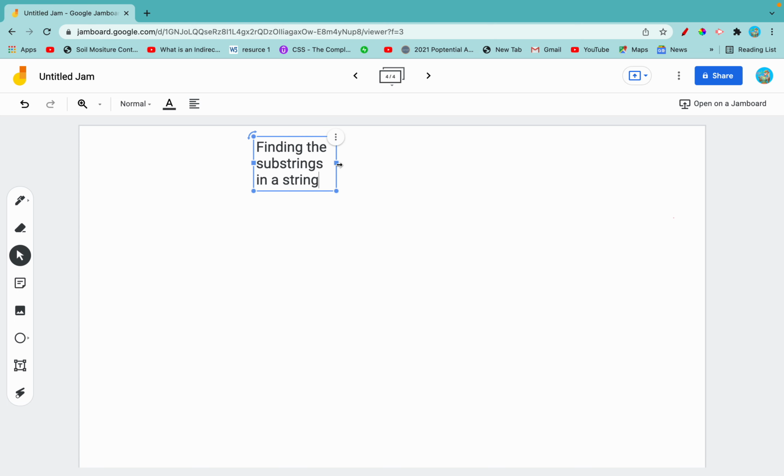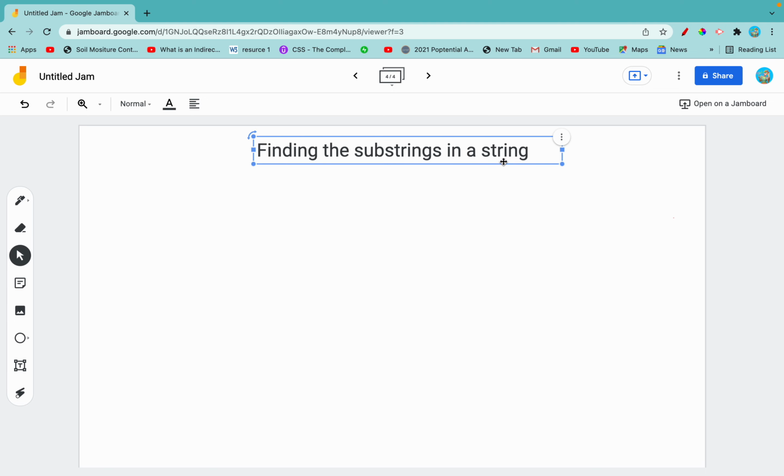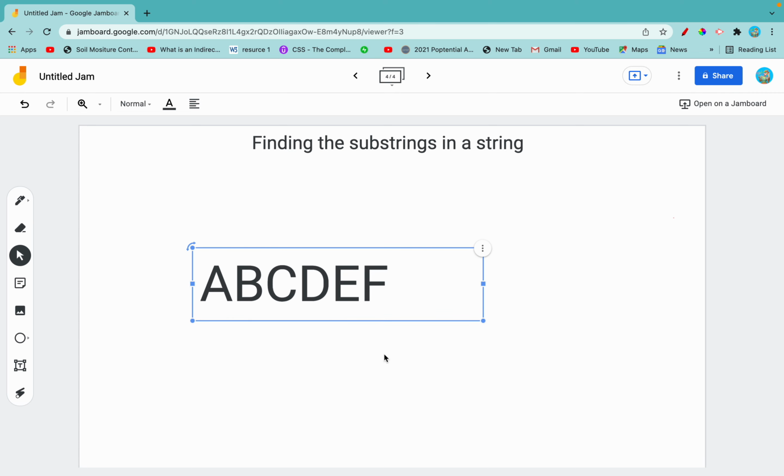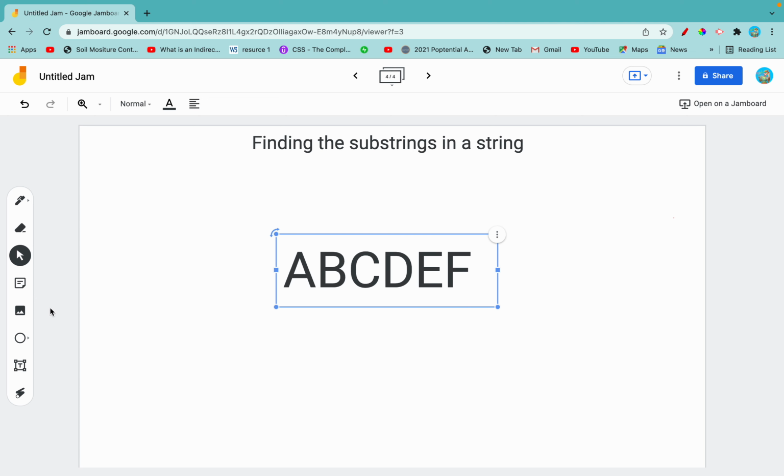So hold up. Let's back up. What are substrings? Well, substrings are actually really easy. They're the little tiny strings that are present inside the bigger string. So, for example, let's say we have a string A, B, C, D, E, F. The substrings in this string would be all the tinier characters or groups of characters that are inside the string. So, for example,